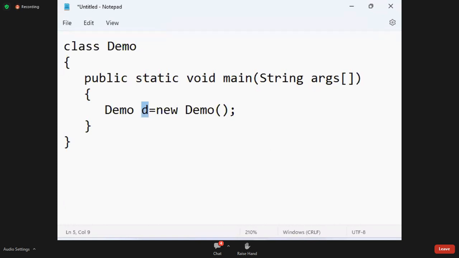Object means instance of a class. See, this object is an instance of demo class. Object is nothing but an instance of a class. The technical word. Suppose for example,